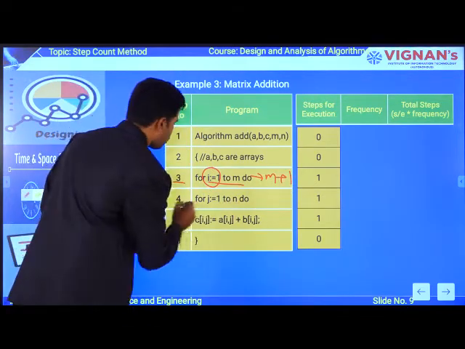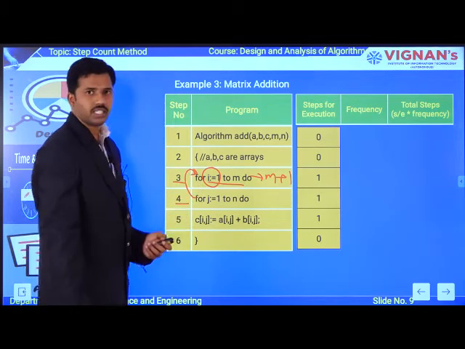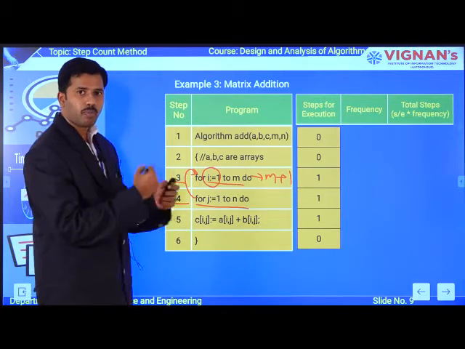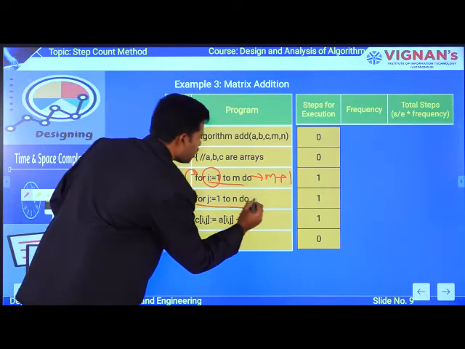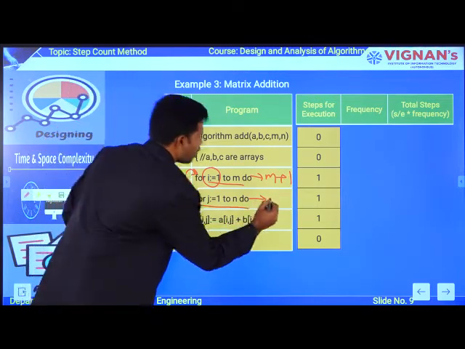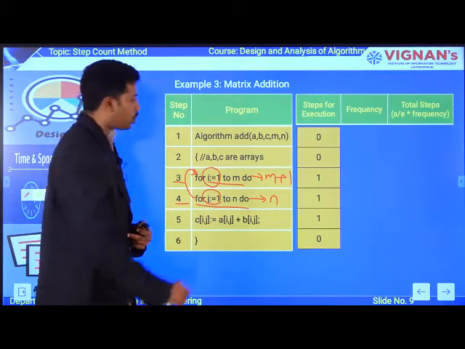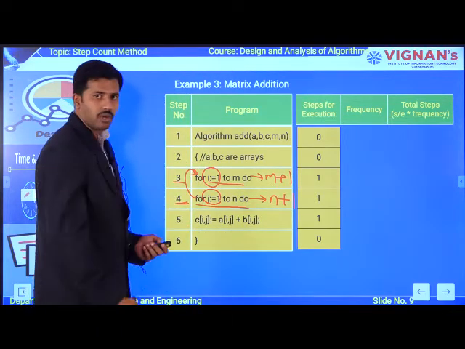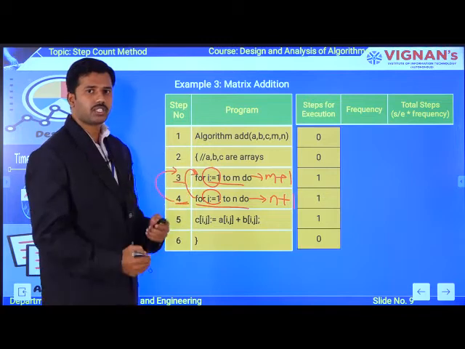Okay. Now coming to the fourth instruction. In the fourth instruction also you are having a for loop, right? But where is this for loop available? Inside this for loop. Okay. So the execution of this inner for loop will depend upon the outer for loop, which is available at step number 3. Okay. So the frequency for step number 4 is how many number of times the inner for loop is executing? Ultimately n number of times. Along with that, you are having one assignment operation together, which is n plus 1. But if you observe here, the execution of this inner for loop will depend upon the outer for loop or not. Okay. How many number of times is the outer for loop executing?